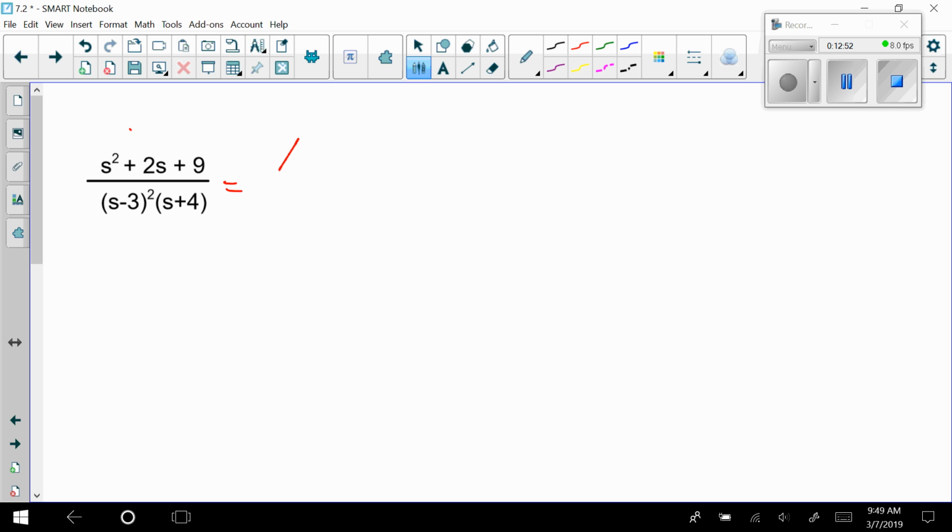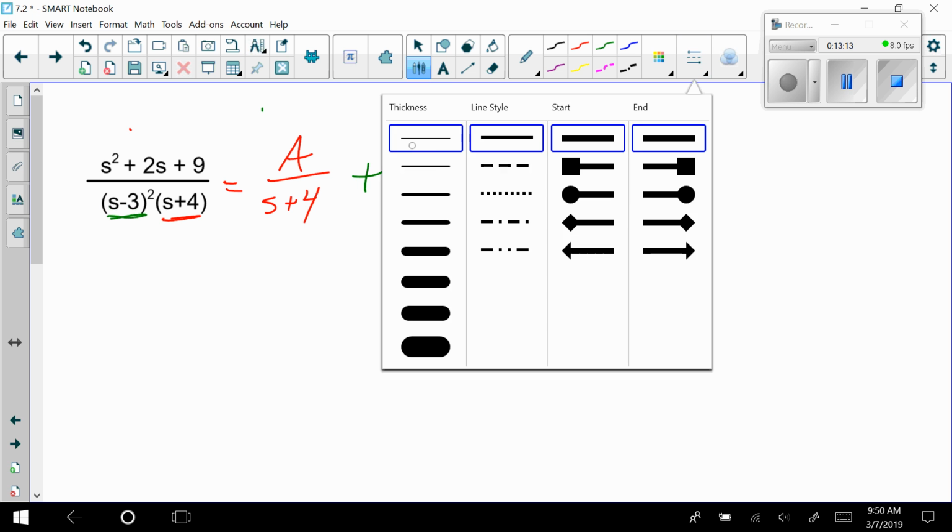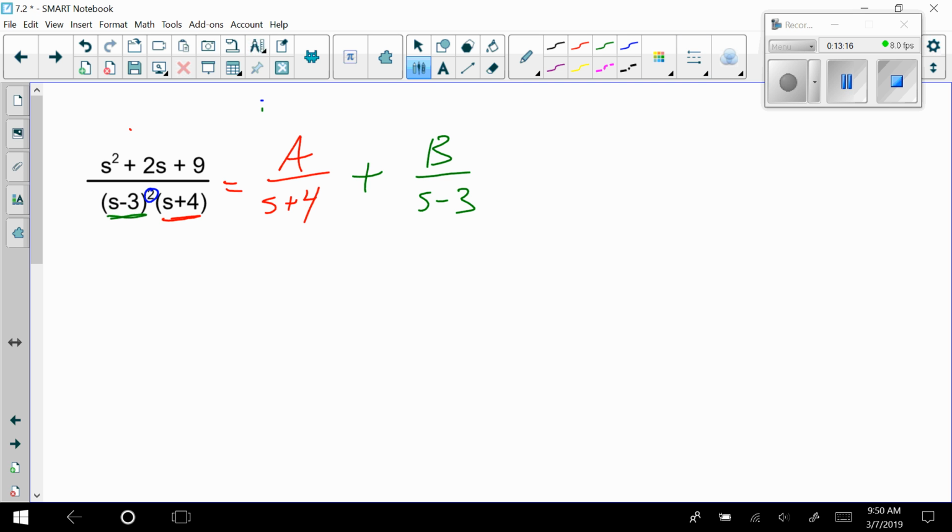Okay, we need to break this as A over s plus 4 for this one here. Then it needs to get broken as plus B over s minus 3. And finally, this is the one that you don't usually do in pre-calc, I don't think a ton. You see it's squared there, so I actually have to have C over s minus 3 squared. Okay, it is my job now to figure out what A, B, and C are. In order to do this,